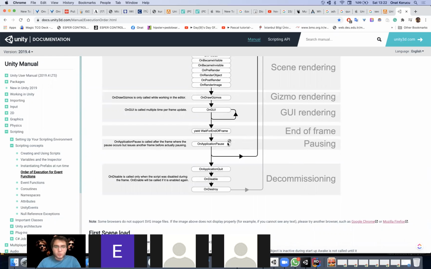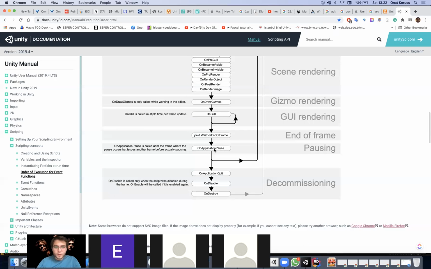On application pause will be called to notify scripts that the application is paused. On application pause is called after the frame when the pause occurs, but issues another frame before actually pausing. And on application quit, on disable, and on destroy are also really important. So on application quit happens when